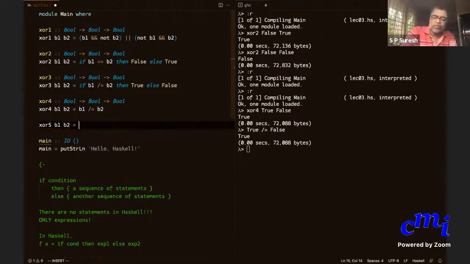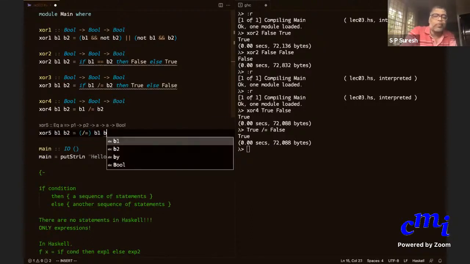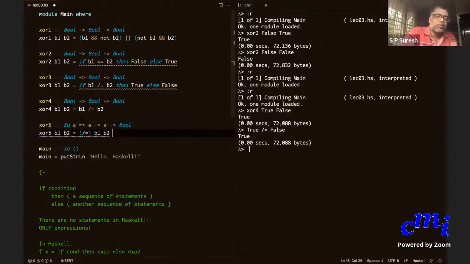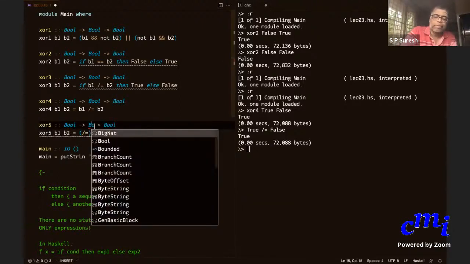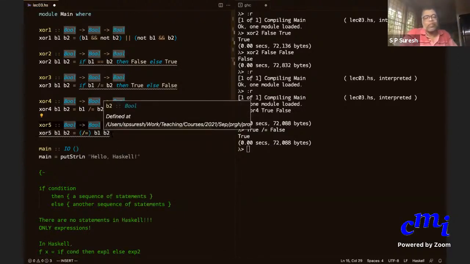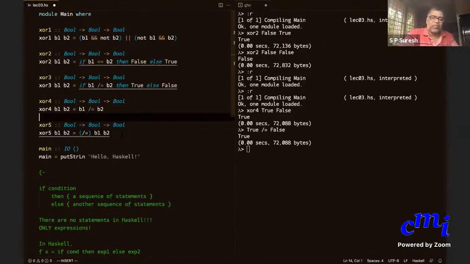So I can say XOR 5 is not equal to, as a function, applied to B1 and B2. This is the more general thing, but I will eschew this and just say bool arrow. Is this clear what I am doing? And of course, now it will give you this. One more simplification.